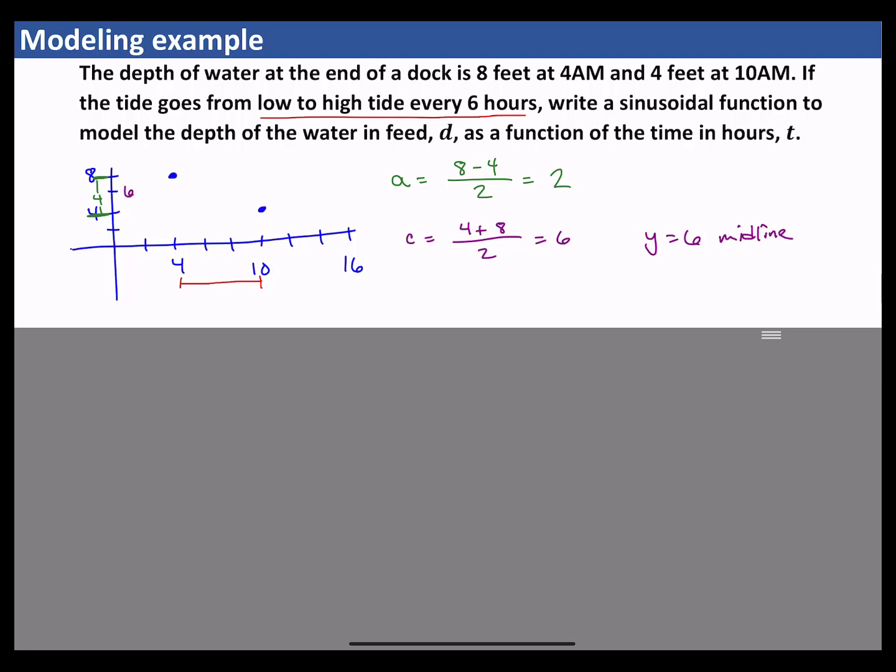Remember, the period is going to be the length of time it takes to get from low tide to another low tide, or from high tide to another high tide. So if we let another 6 hours pass, we would end up at 8 feet in depth again. So our period is actually 12